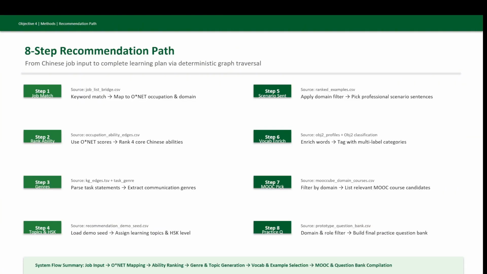The engine follows an 8-step deterministic graph traversal. Step 1: job match via keyword ONET mapping. Step 2: rank abilities using ONET scores. Step 3: